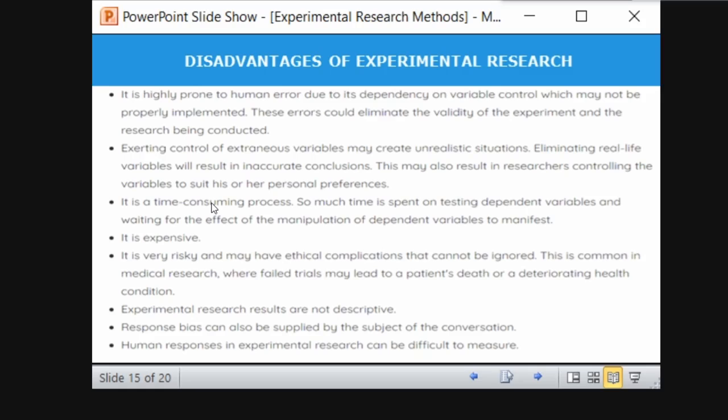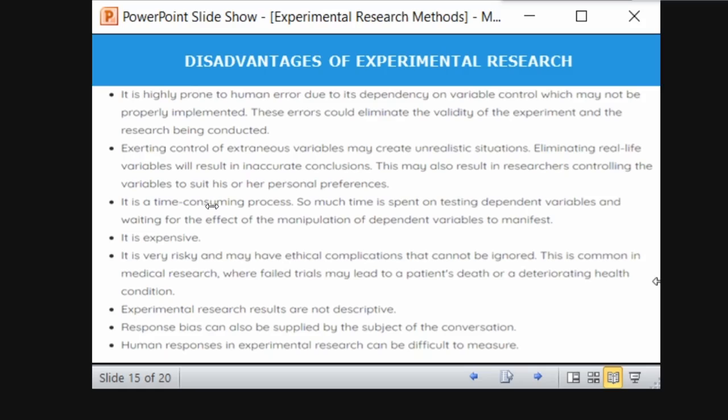Descriptive research is just describing the phenomena. What, how, right? Descriptive research will not answer the why question, but experimental research answers the why question. So why does a plant grow? Why does a plant kept in the home die, why does a plant kept outside grow? So it answers the why question. That means because of sunlight it grows, because of lack of sunlight it died.